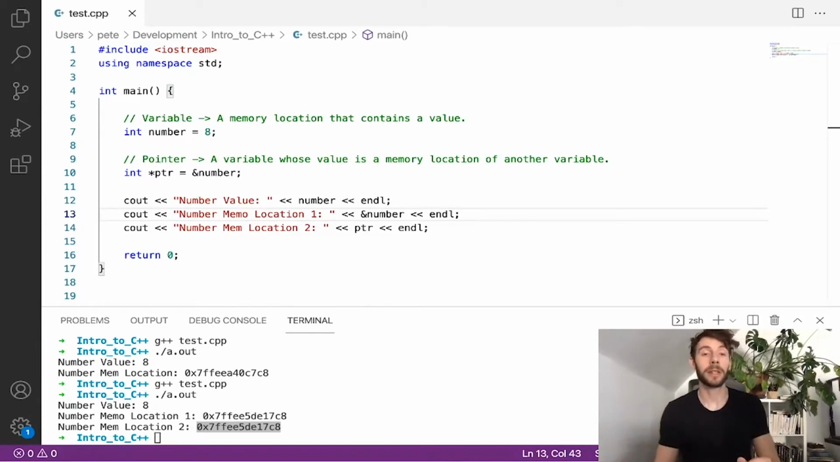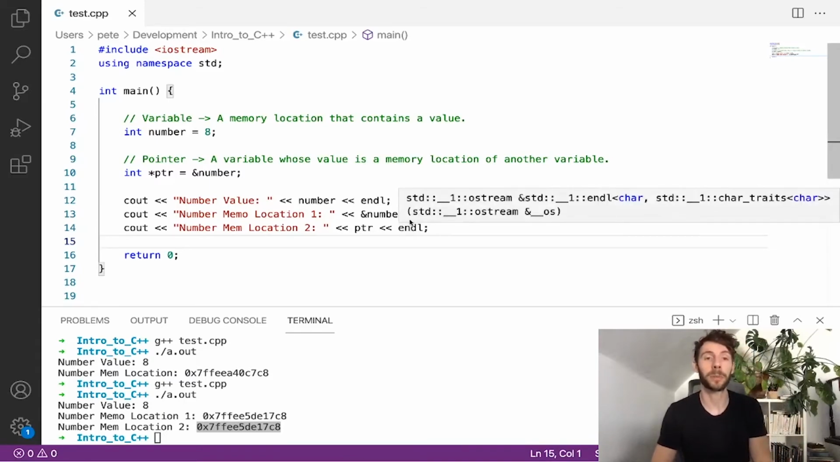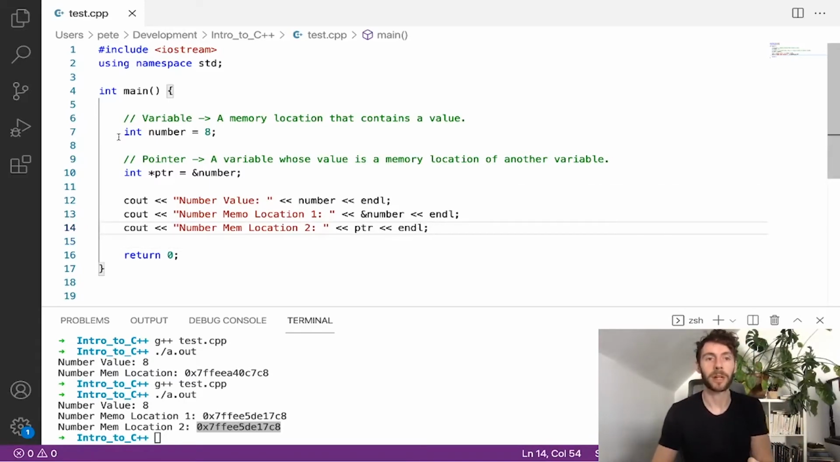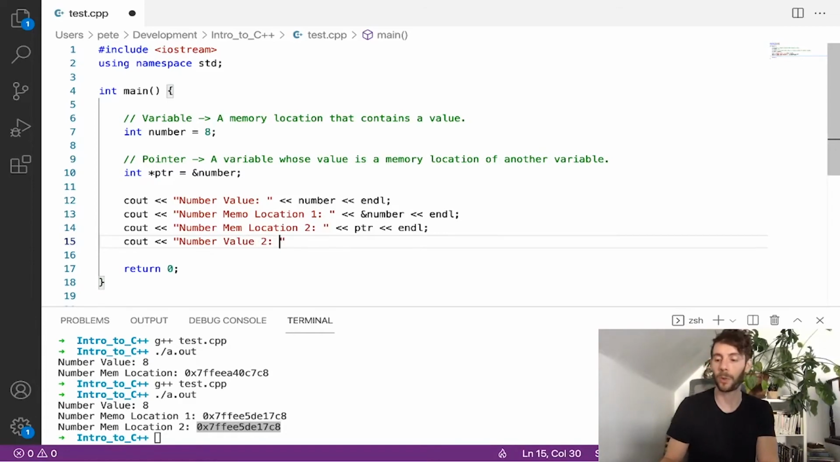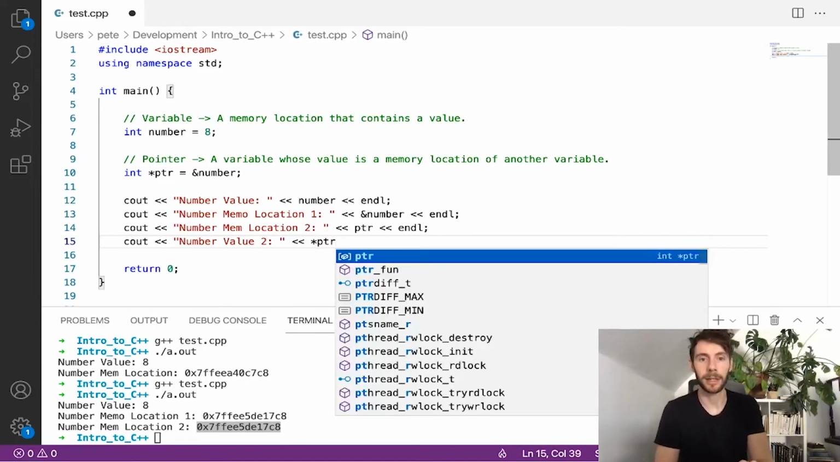Now what I'd like to show you is how to get a value from our pointer that is the value of the variable that it references, right? So our pointer is referencing this number, and we can print out the memory location, but we can also print out the value of that variable. And we can do that by dereferencing the pointer. So I'm going to write in number value 2. So this is just another way to get that value from number. And what we can do is do an asterisk and ptr,